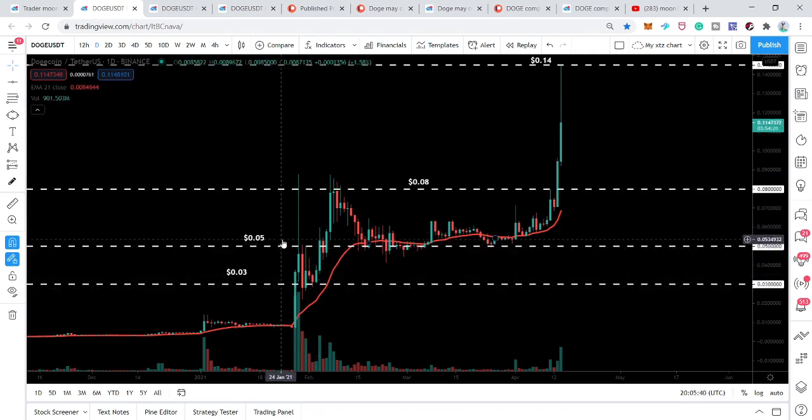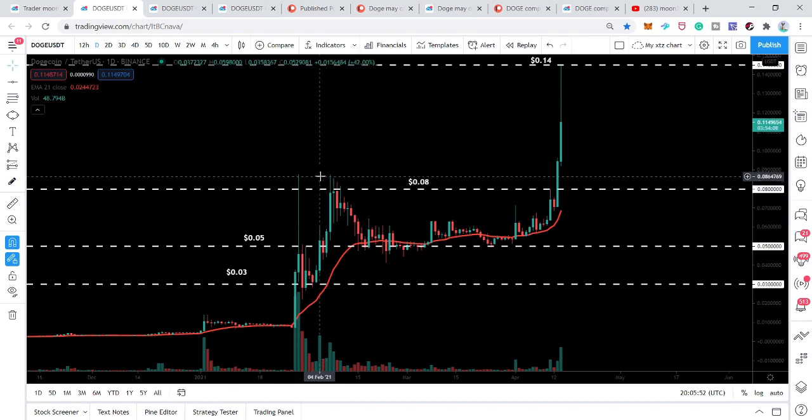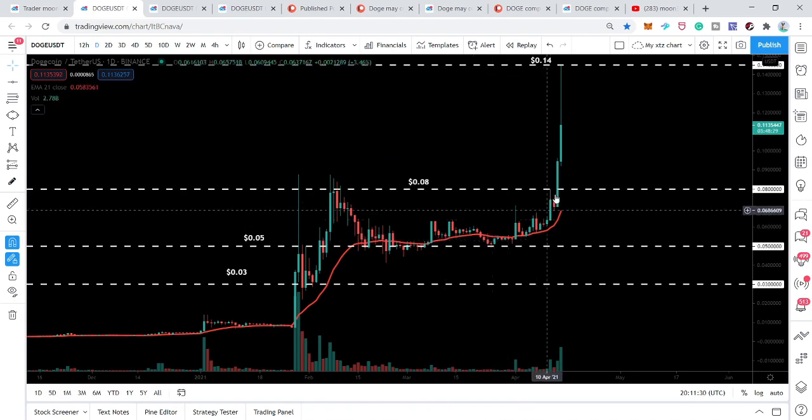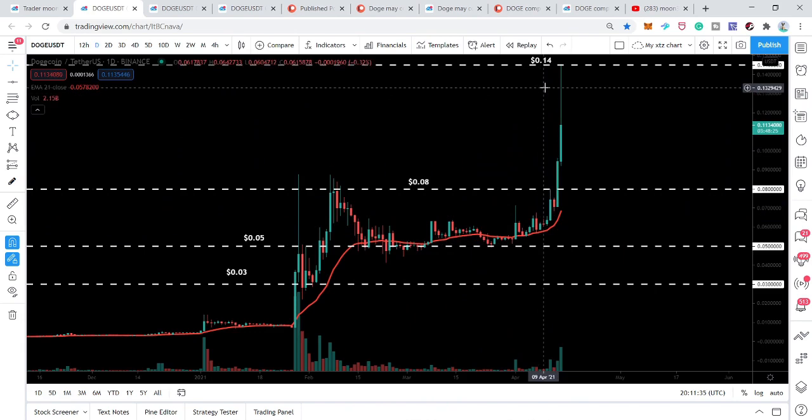And previously the price line found a resistance here at 5 cents that turned into support, and after retesting this 5-cent resistance as a support, the price line again moved to the upside. And here the price action found a resistance at 8 cents and moved back, and here the 5 cents worked as a very good support, and the price line accumulated here for a long time period, for over a month. And after this accumulation, finally we have this very big rally to the upside from 5 cents to 14 cents. That is approximately